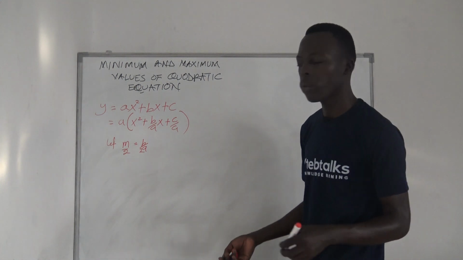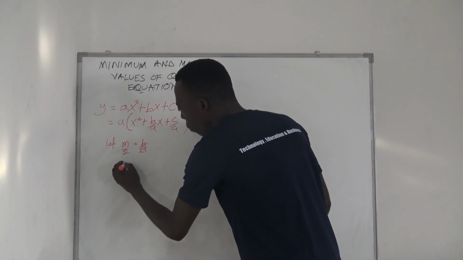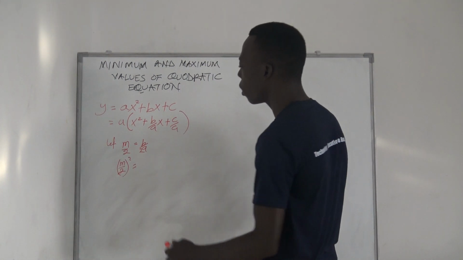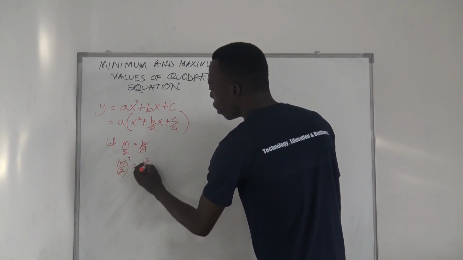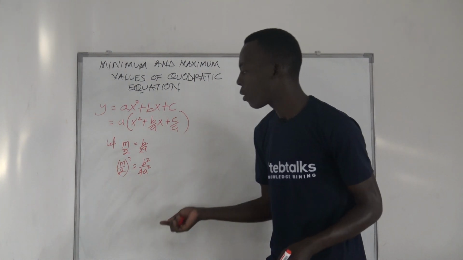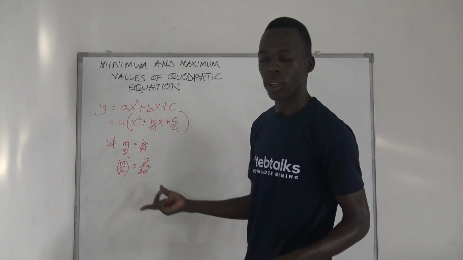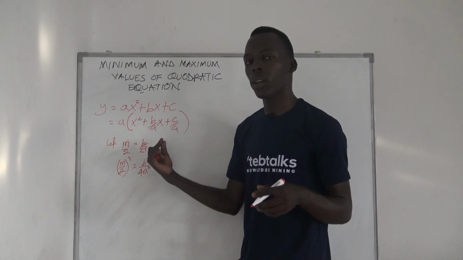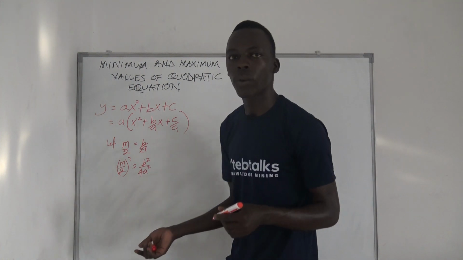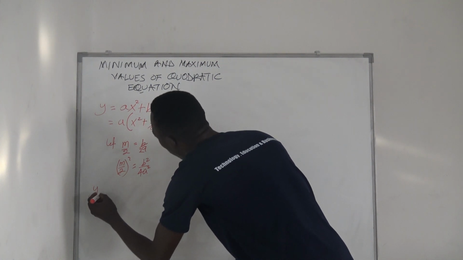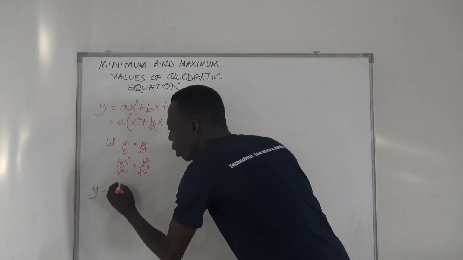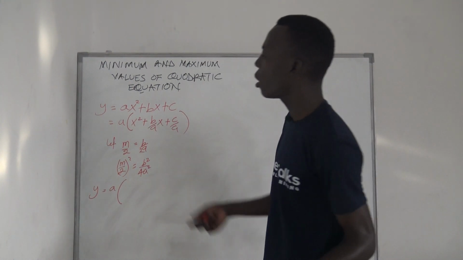After dividing it by 2, we square it now. Out of 2 squared, so what you do on the other side, also do on this side, which becomes b squared out of 4a squared. That is what we get after dealing with the value of b, dividing it by 2 and squaring it. So we continue with our expansion, which becomes y equals a into, here it becomes x squared,